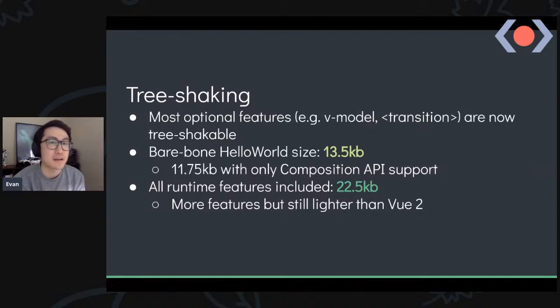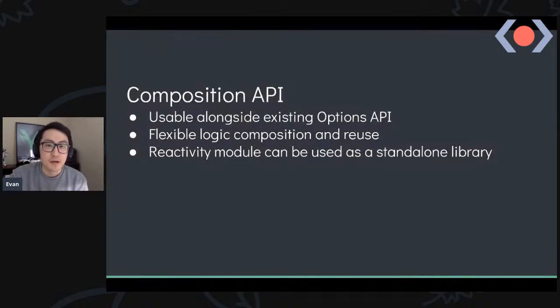and we managed to pack a lot more new features in it, including the whole composition API, fragments, teleport, and all that. So let's talk about the composition API. Composition API can be used alongside the existing options API. It's purely additive, so it doesn't take away your ability to use the old API, but it provides a good advanced mechanism for flexible logic composition and reuse, which is much better, more maintainable, and more flexible than mixins or